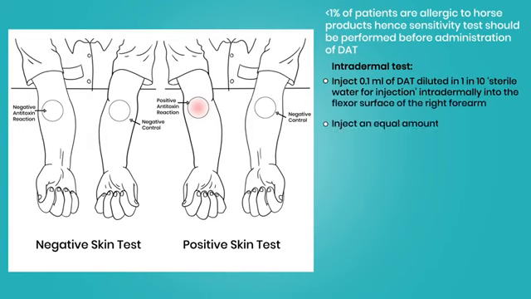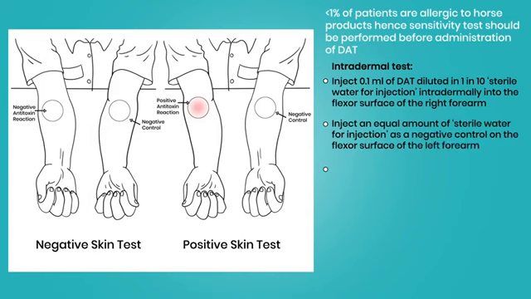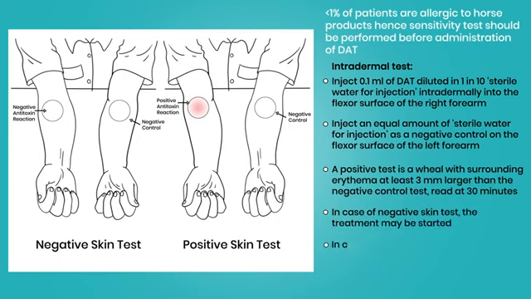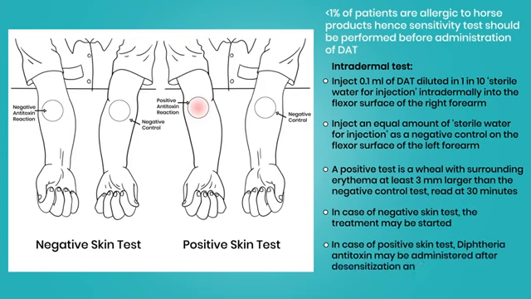Inject an equal amount of sterile water for injection as a negative control on the flexor surface of the left forearm. A positive test is a wheal with surrounding erythema at least 3 mm larger than the negative control test. Read at 30 minutes. In case of negative skin test, the treatment may be started. In case of positive skin test, diphtheria antitoxin may be administered after desensitization and or under the cover of anti-anaphylactic